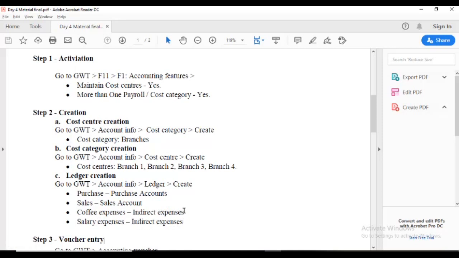First I create the cost category, because in the cost center creation screen you compulsorily need to fill in the cost category. So first you create the cost category, then you create the cost center.